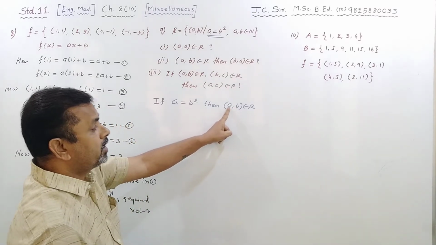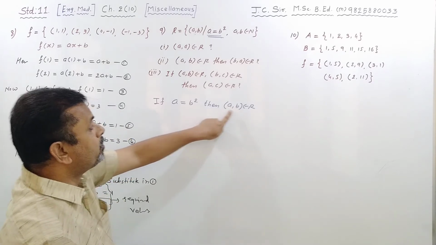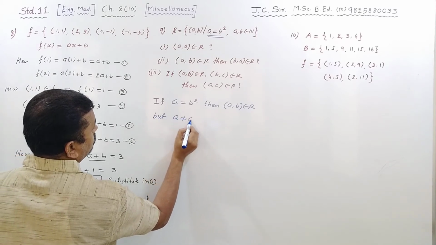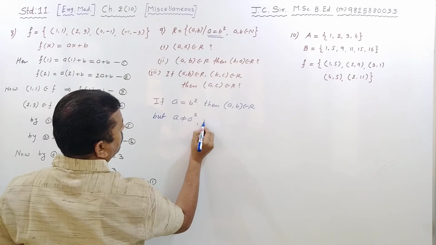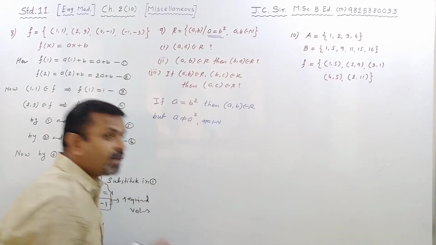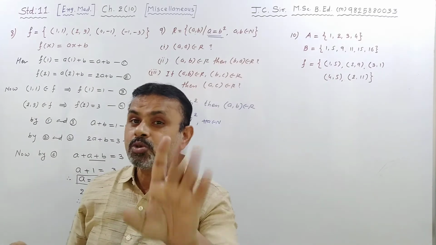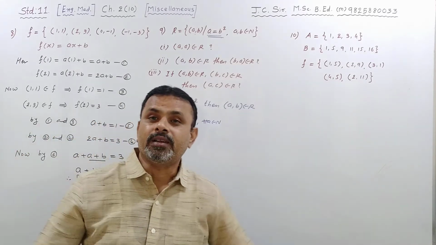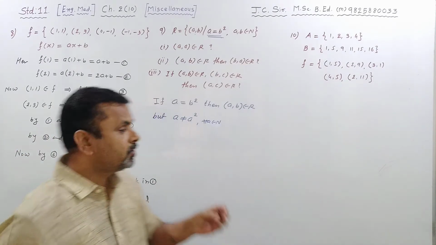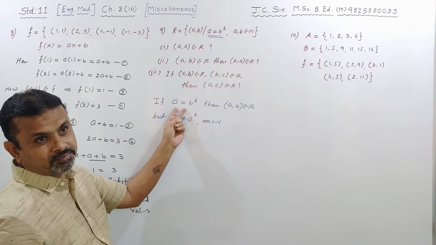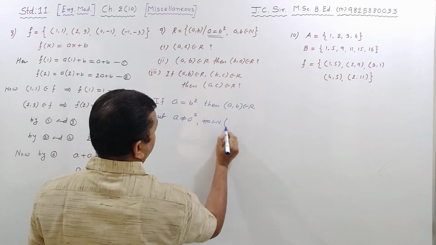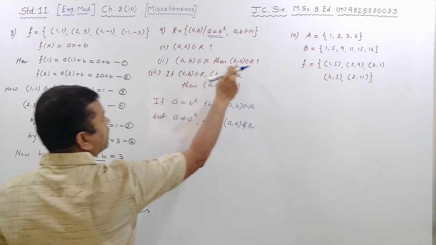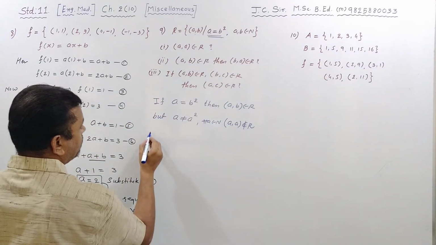When we can say a equal to a b belongs to r, sorry a belongs to r, तो b के बदले यहाँ पे a लिखो। So but a is not equal to a square for all a belongs to n। For every element we cannot say, for one only there is only element 1, that is 1। So for 1 we can say 1 is 1 square, but except 1 there is no element which has this condition। So a is not equal to a square means a does not belongs to r। Now second condition, if ab belongs to r then a belongs to r।